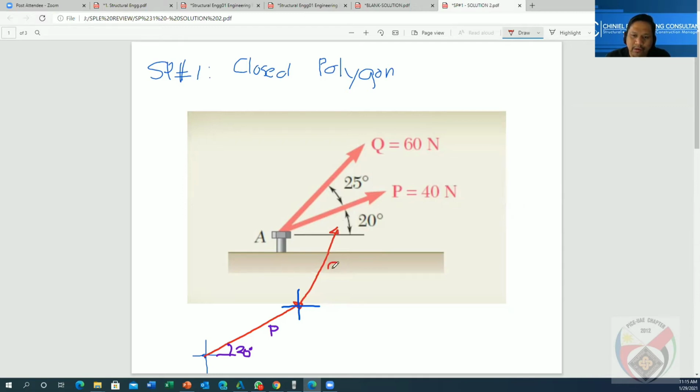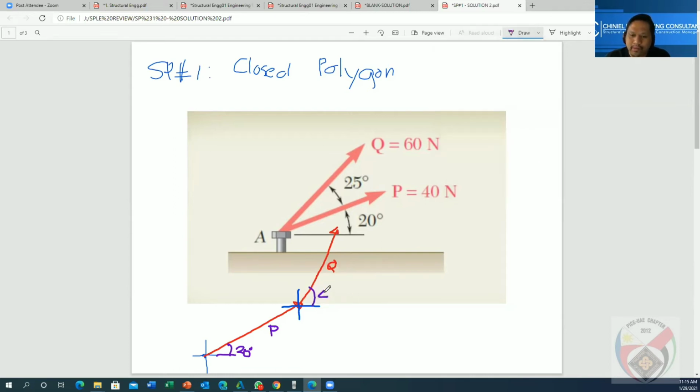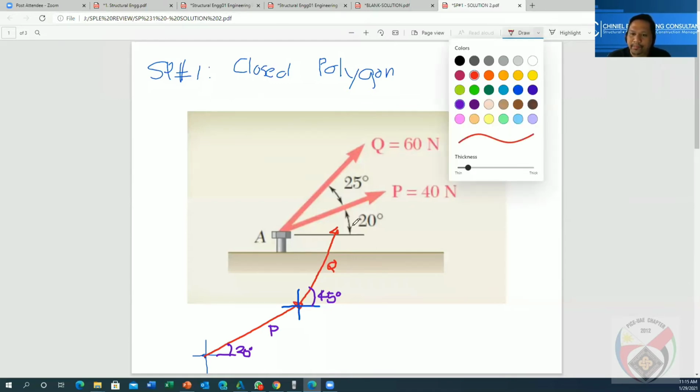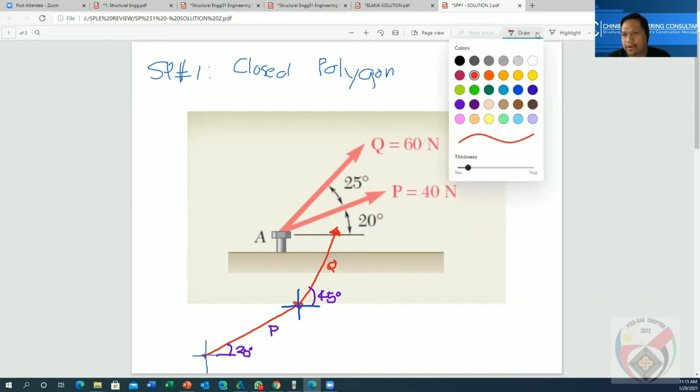So, this is our Q. Okay? So, this is what? This is 45 degrees. Okay? So, sabi dun sa theorem, sa theory, yung resultant force